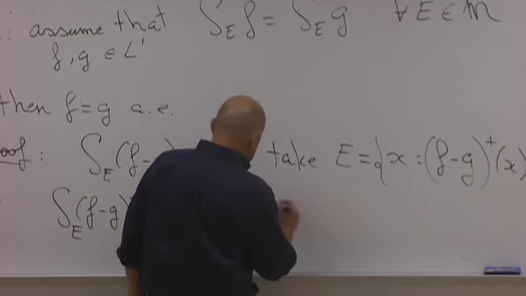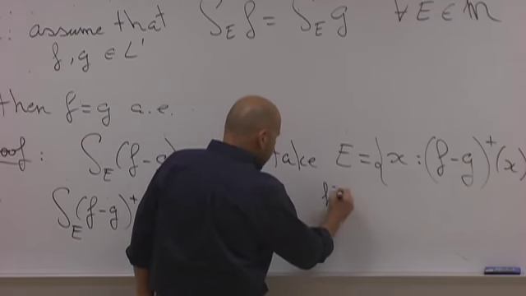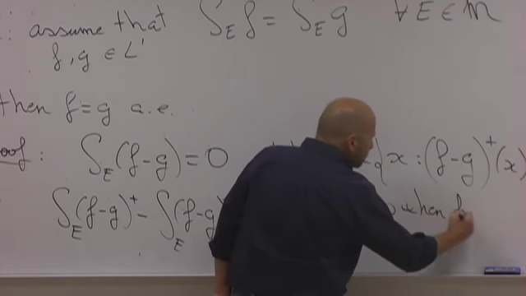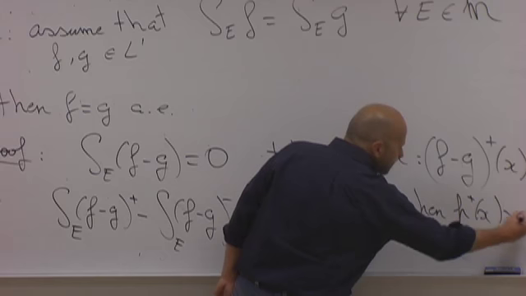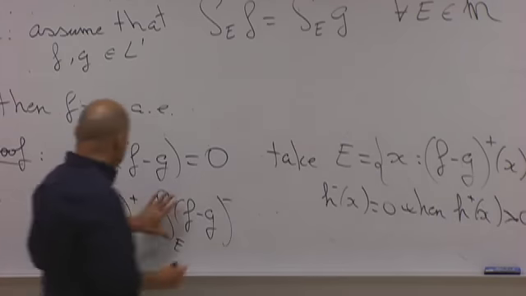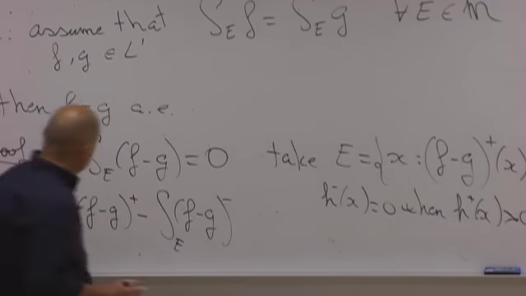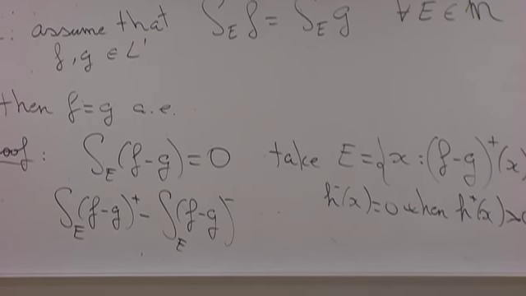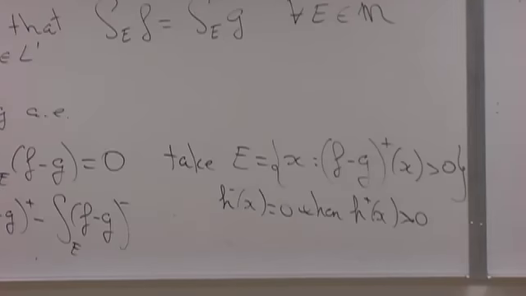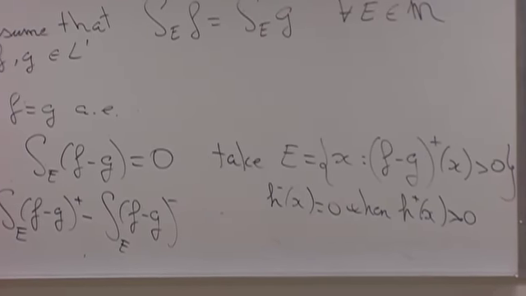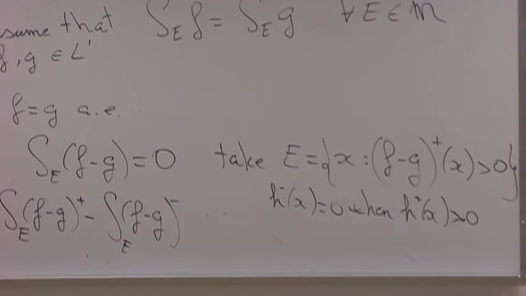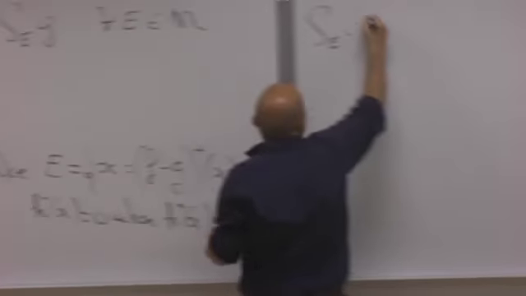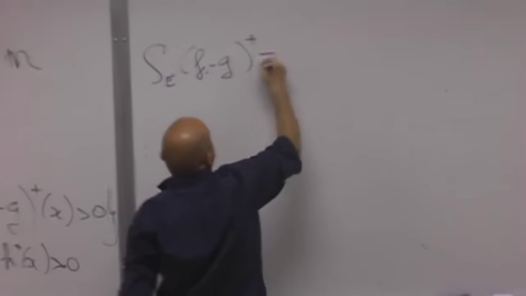Okay, so we have that h minus of x is 0 when h plus of x is positive. So this part disappears, and we are left with